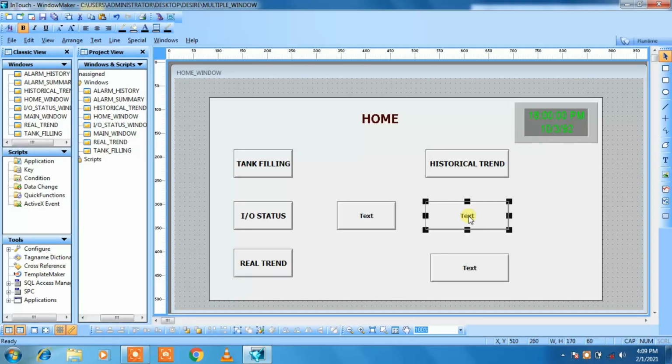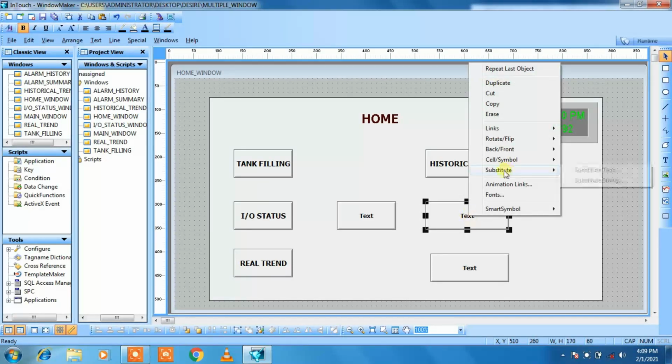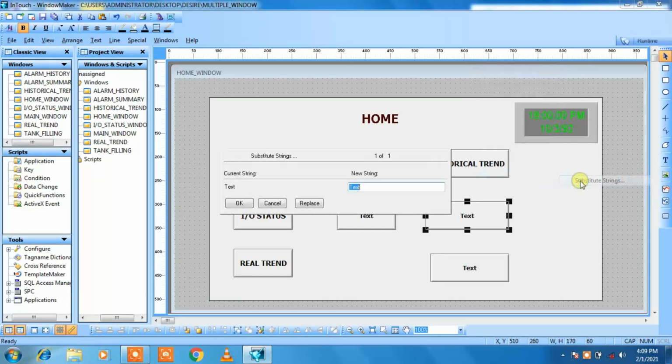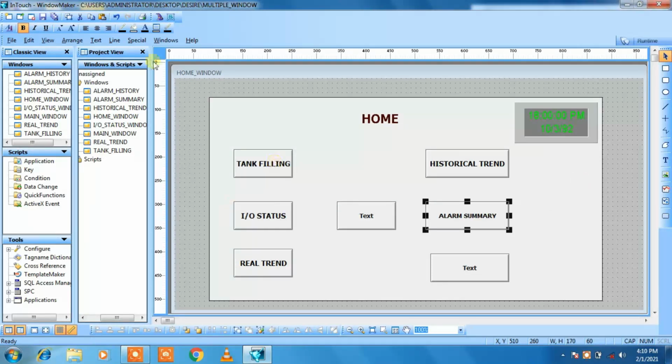Okay, so select your button, right click on it, click on substitute, click on substitute string and give the name as alarm summary. Click on OK, then increase the font size.